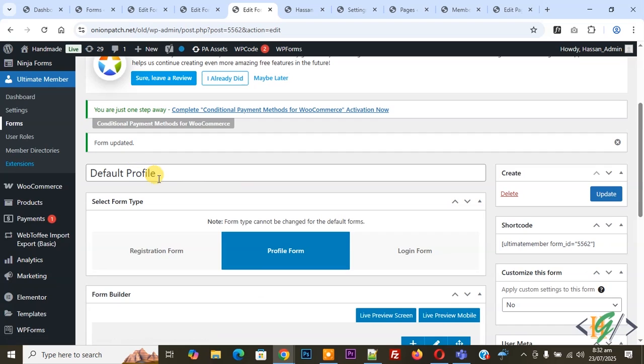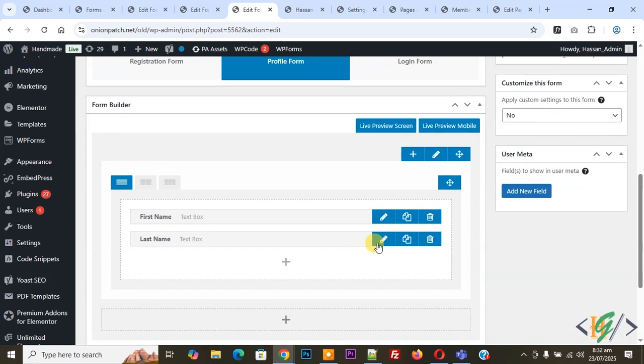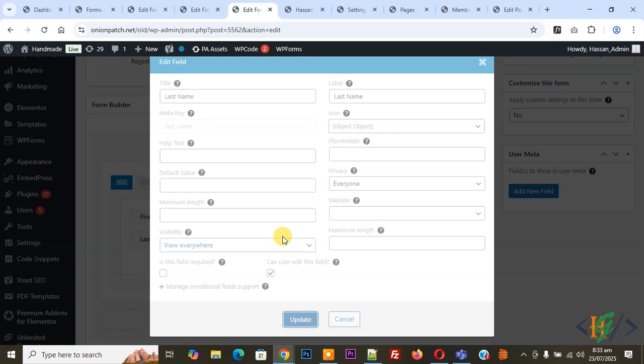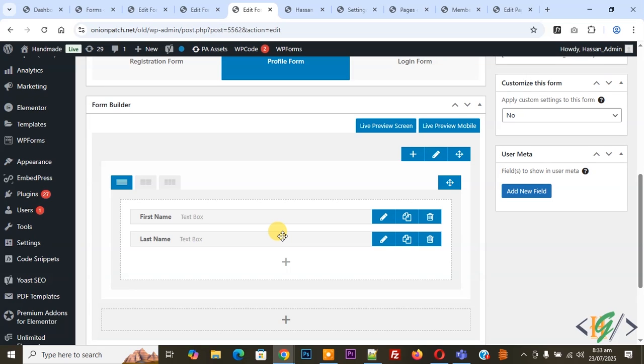Go to the profile page form. This is our default profile. Now you see last name, so click on edit. Now a pop-up opens, and then you see "Is this field required?" If you want, you can make it required, or if you want, you can uncheck this box and then click on update. So in this way you can make a field required or not required in the Ultimate Member form in WordPress,